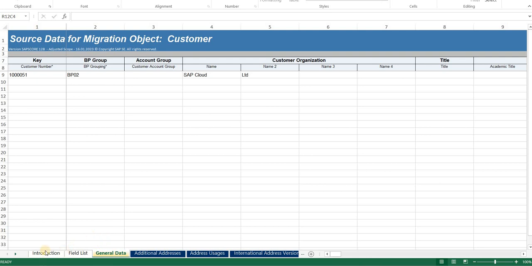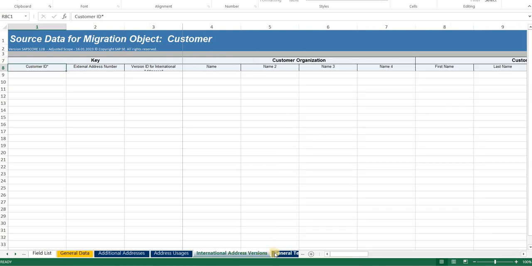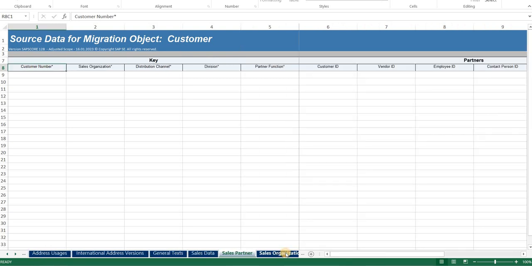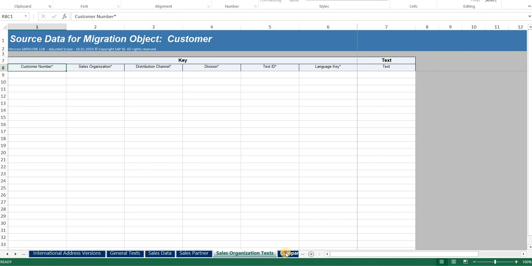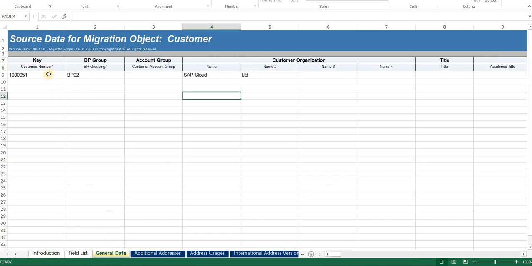So in this file we have the general data, additional data like address usage, the international address version. There are so many information related to customers like the sales data, the sales partner, the sales organization text, the company data. So for our quick testing purpose, I have just used only the general data, where I've just added the customer number, the BP grouping which is mandatory, and the name. Since I'm just speaking as an organization, I'm just giving the organization name as SAP Cloud